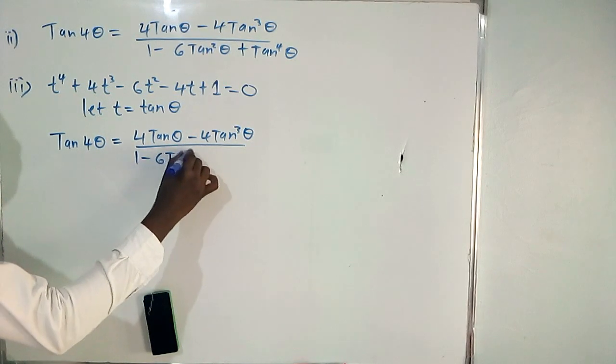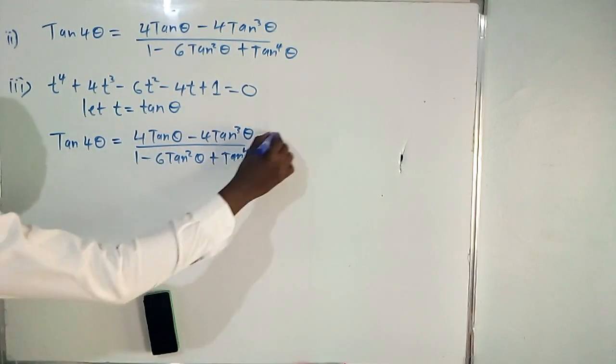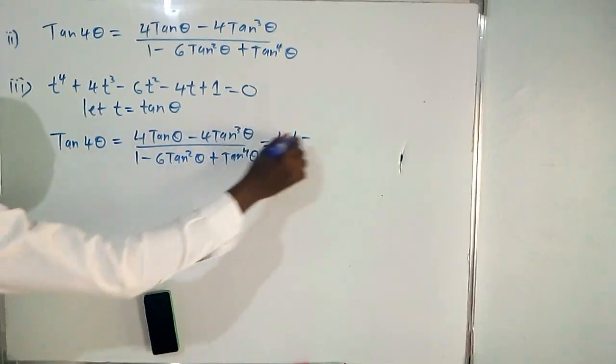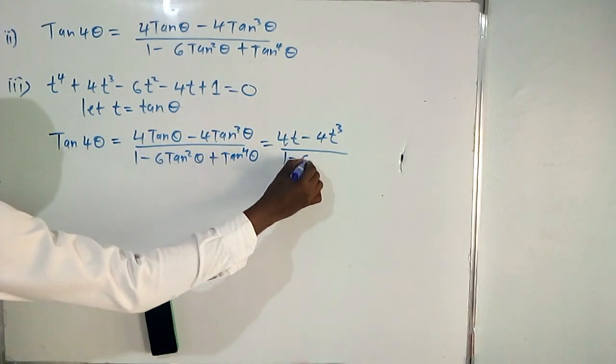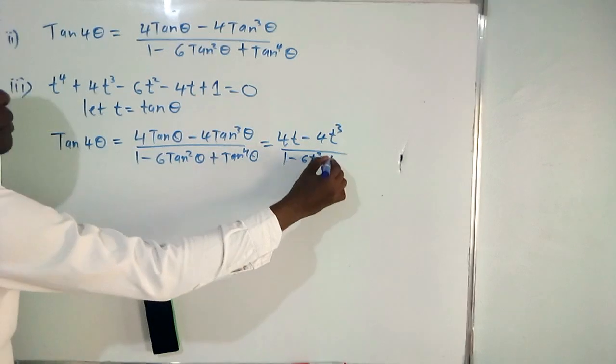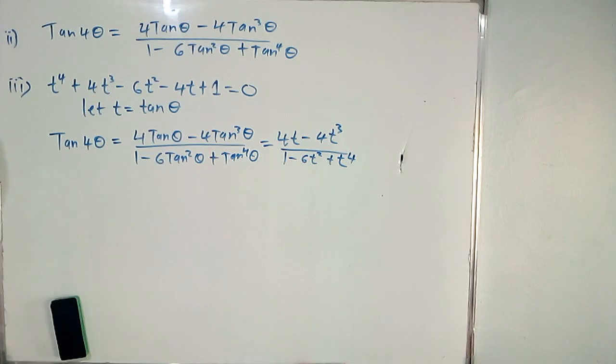So it will be 4t minus 4t cubed over 1 minus 6t squared plus t raised to power 4. So if you look at that equation, you can see t raised to power 4 and minus 6t squared and positive 1 is what is in the denominator, isn't it? Are we together? And what is in the numerator is